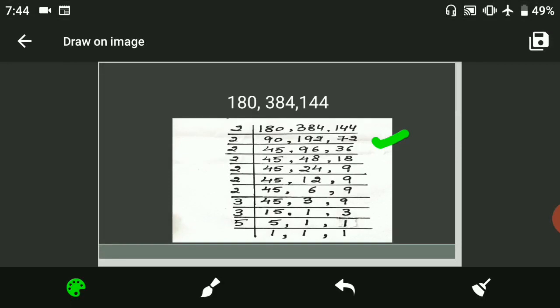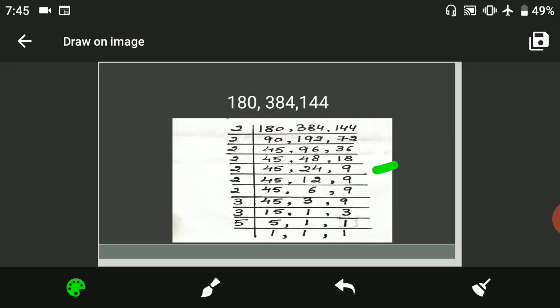Clear? Now you see whether all these numbers come in any table. Yes, 2s are 45, 2s are 96, and 2s are 36. Clear? Then you see whether 45, 96, 36 all come in the 2 table. No. Only 2 numbers come, 96 and 36. So in the 2 table, 96 and 36 come at 48 and 18, and 45 will be copied down as it is. Then you check again: in the 2 table 48 and 18 come at 24 and 9. You copy down, and 45 will be copied down again.